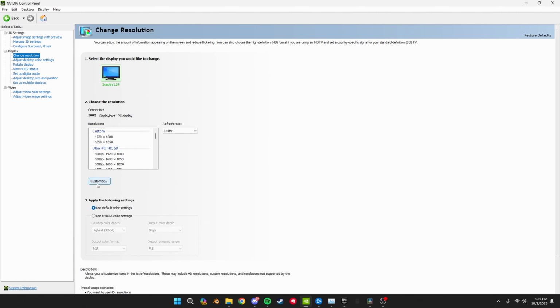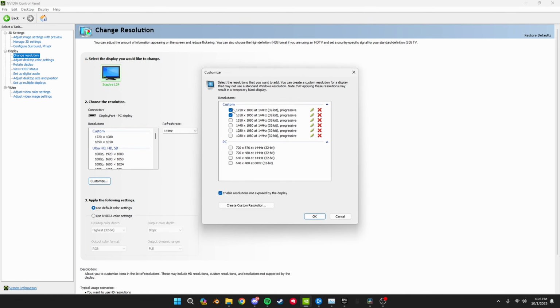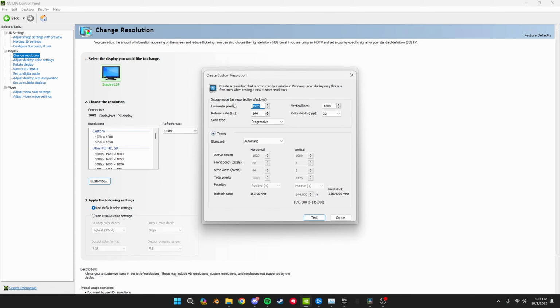So yeah, go to customize. And then these are all the resolutions I have. The top one, the 1720, that one's like the old popular res, but Martaz uses 1650 by 1050. So I'm going to be trying that one out today. And go to create custom resolution, and then enter the resolution, which is 1650 by 1050 is what I'm using,